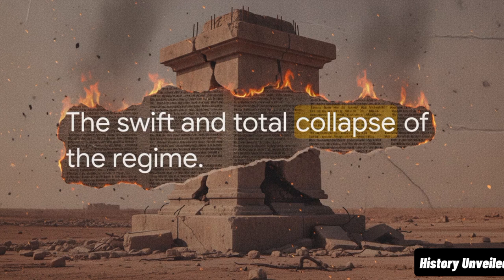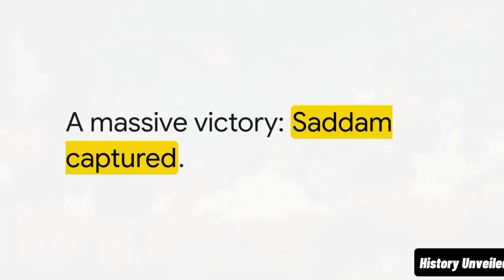By April 2003, we witnessed the swift and total collapse of the old regime. This was just a monumental turning point in modern history. A lot of us remember that iconic footage of Saddam's statue being pulled down in Firdos Square. Those deeply entrenched power structures that had controlled Iraq for decades dissolved in mere weeks. Let's move ahead and see how this builds, because the story definitely doesn't end with the fall of the capital.